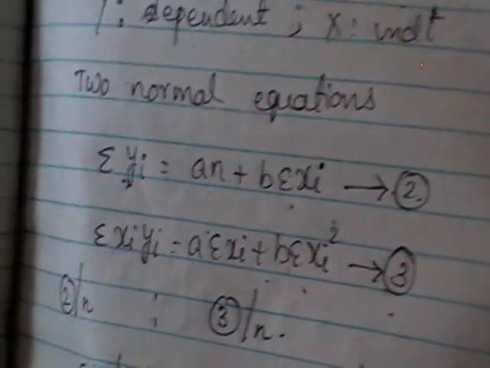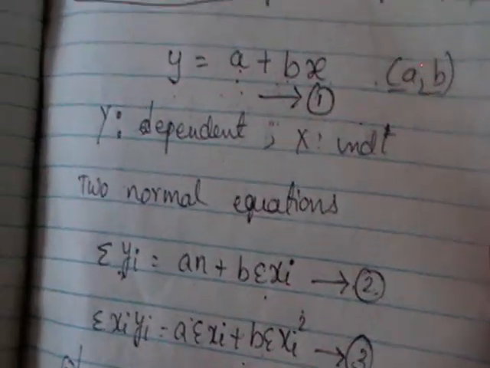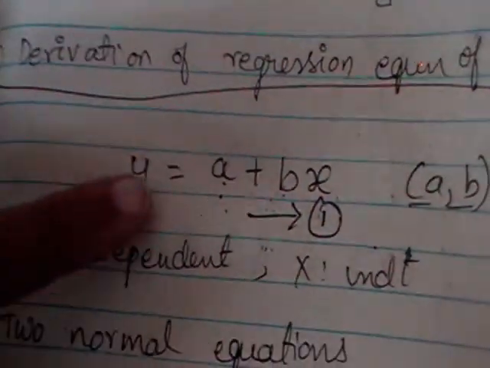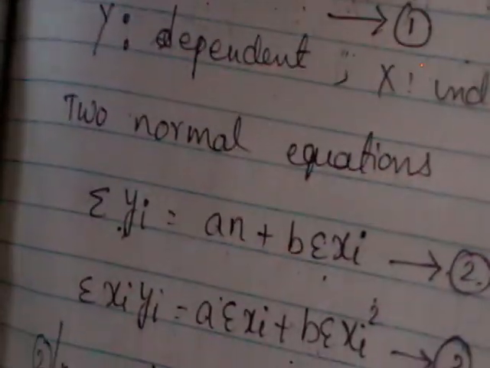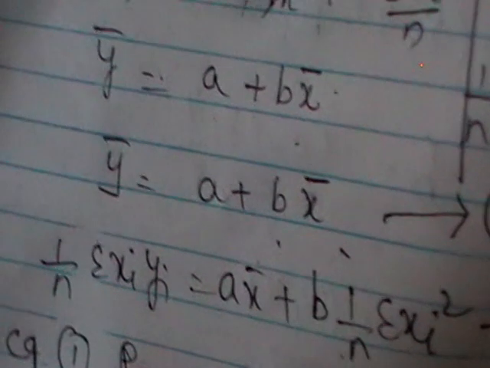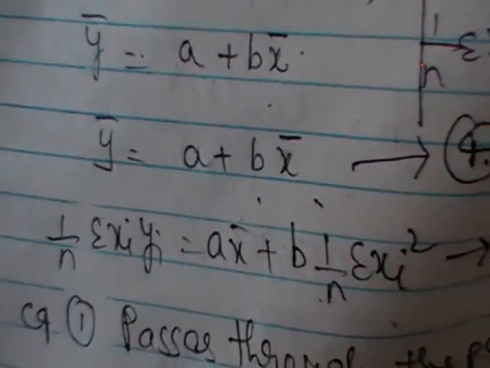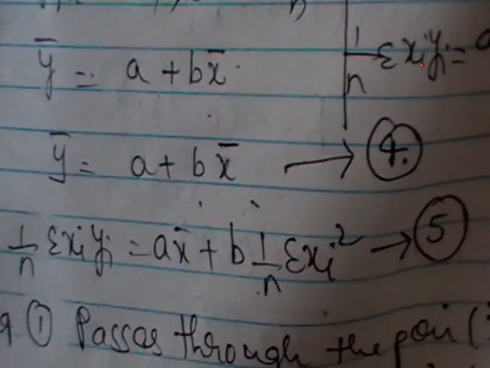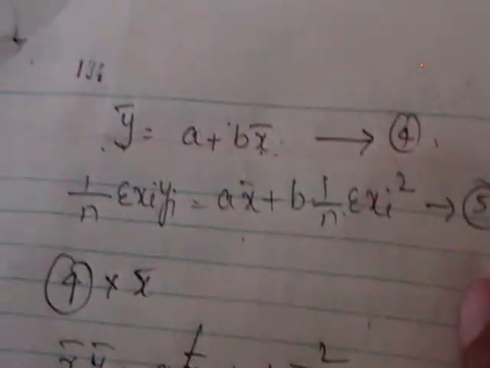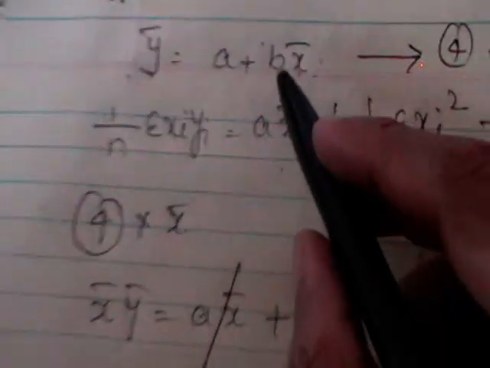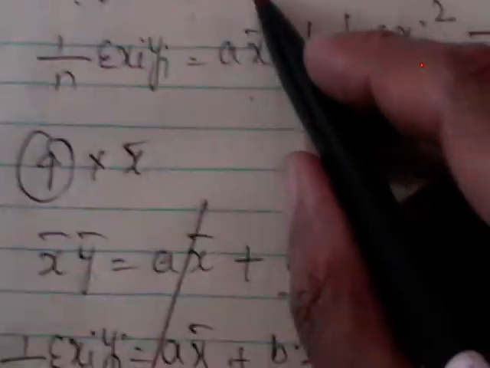So let us write the normal equations for this straight line, y is equal to a plus bx. If it is a line, you know that these two are the normal equations. Name this as 1, and the two normal equations as 2, 3. You divide 2 with n and 3 with n. You will get two new equations, named as equations 4, 5. If we observe 1, 4, we can say that equation 1 passes through the point x bar comma y bar. So we got equations 4 comma 5, and you have a line passing through the point x bar and y bar. If you can find this slope, writing the equation will be easy.